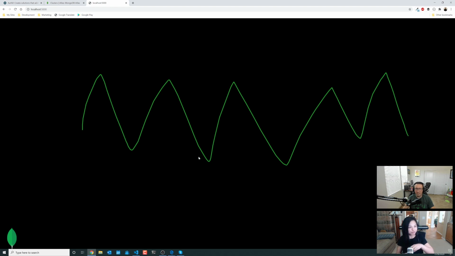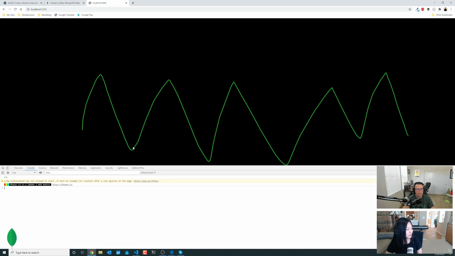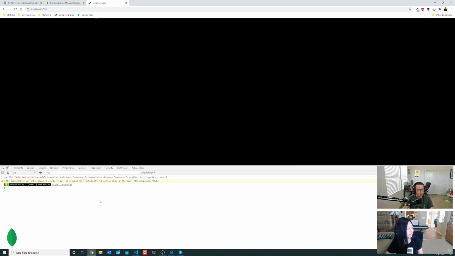So if you look at my screen, I don't know if you can see it, Adrienne, as well. But it looks like what we have right now actually works. And of course, it's not saving anything to MongoDB yet. But if I look at my console here, let me refresh. I don't know if I have. I don't think I actually have authentication happening yet, right?